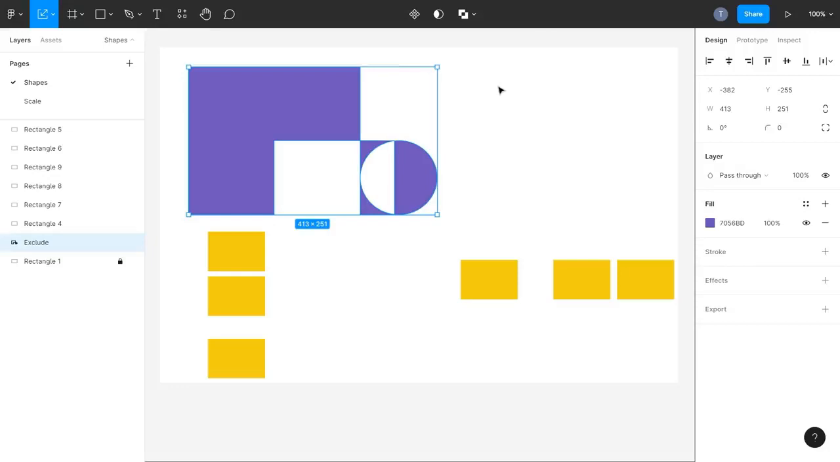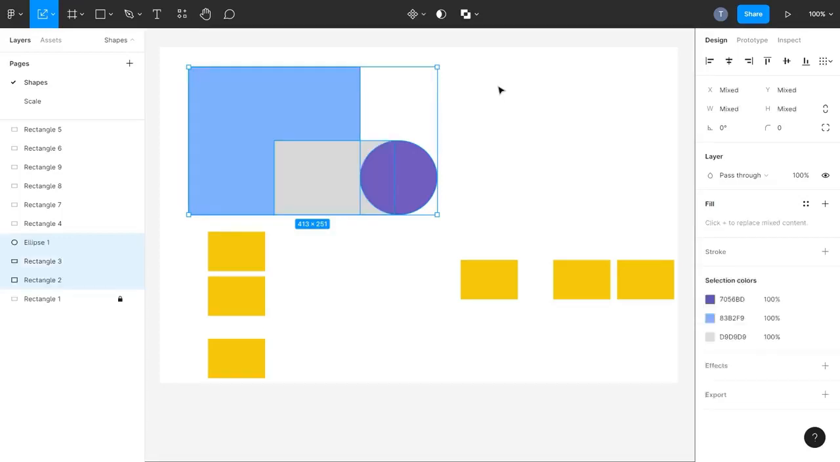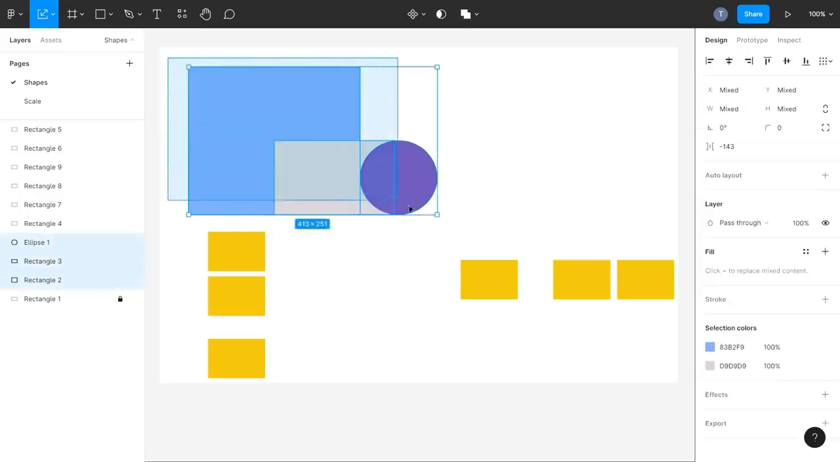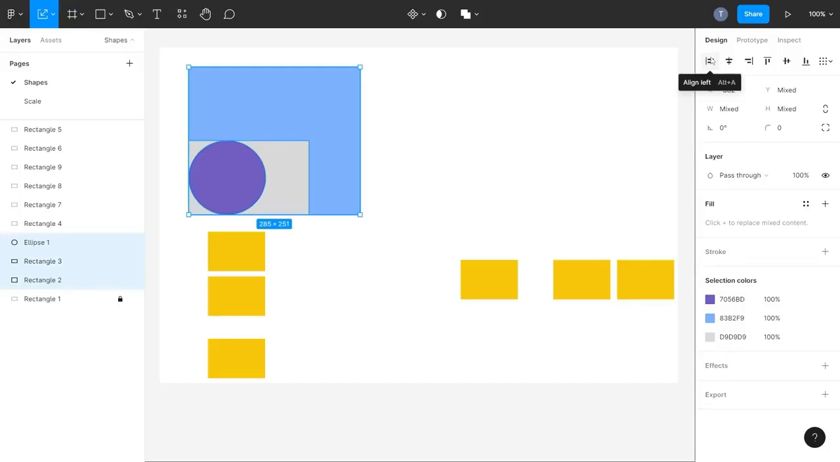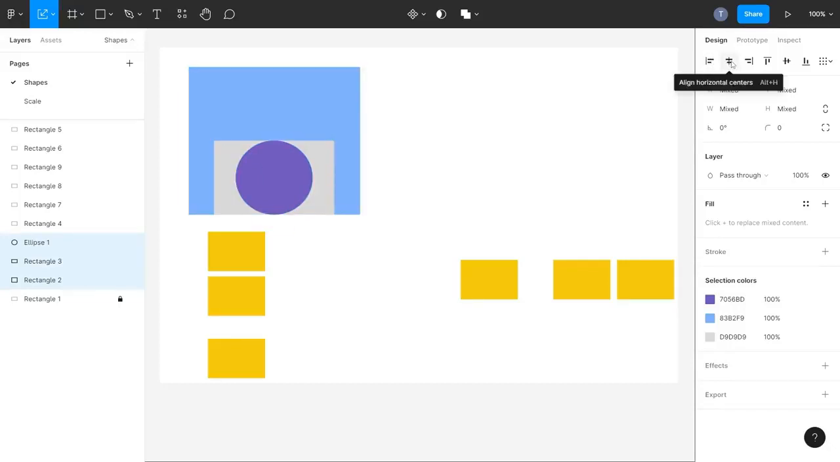Now, let's explore how to align and distribute objects. Designers know that it's important for their products to look good, and part of that is achieved with proper alignment of objects. To align objects, I select all the objects I want, and then I go to the design panel in the right sidebar. The alignment tools are on the top. There are various options in this panel. The first 6 are for aligning elements in relation to one another. They are Align Left, Align Horizontal Centers, Align Right,